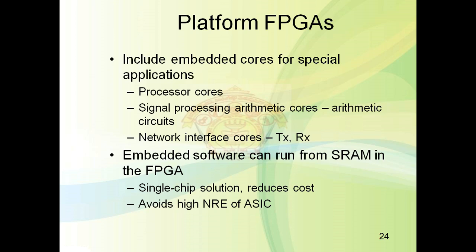Embedded software can run on the processor core with instructions. Instructions and data are stored in the block ROM. Network connections can be used to interconnect with other computers and other devices. Thus, it uses minimum circuitry of the FPGA, and hence the overall cost of the system is reduced.